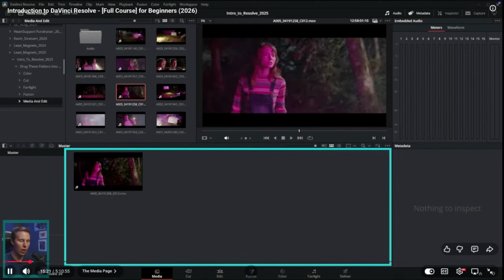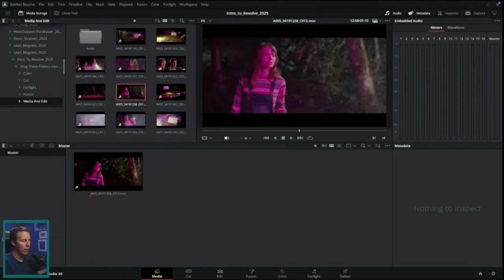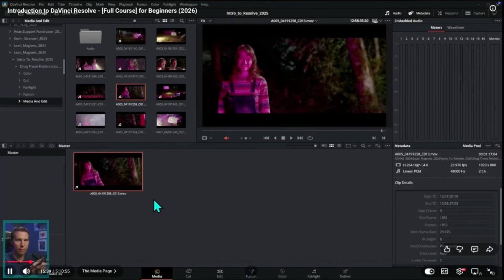Anything that's down here in the media pool actually lives in our project. So we've told Resolve that, hey, there is a piece of media called A0054191 blah, blah, blah, and it lives on our system. Here it is. I want to actually work on this. And so we told Resolve that we're actually going to use this and play with it and work with it and edit it with other videos and all the fun stuff that Resolve does. All the